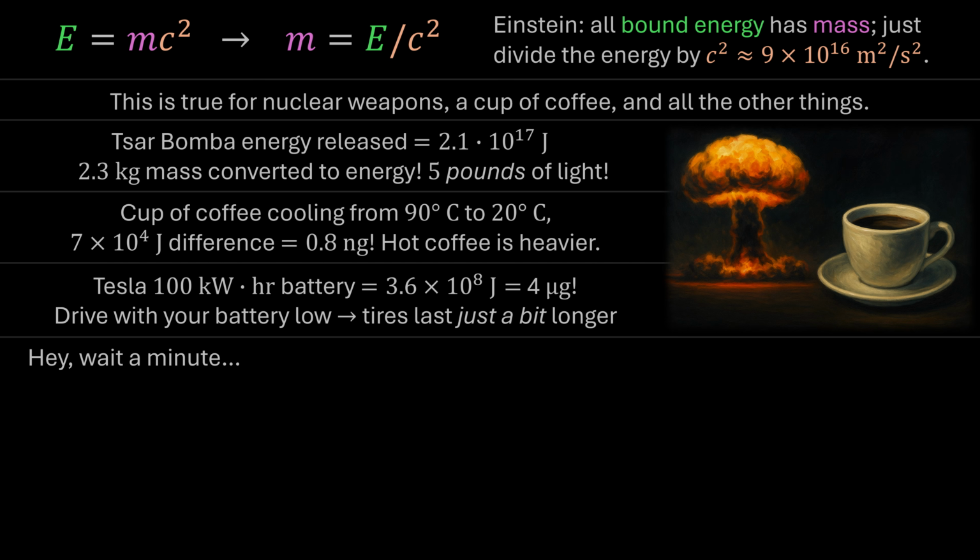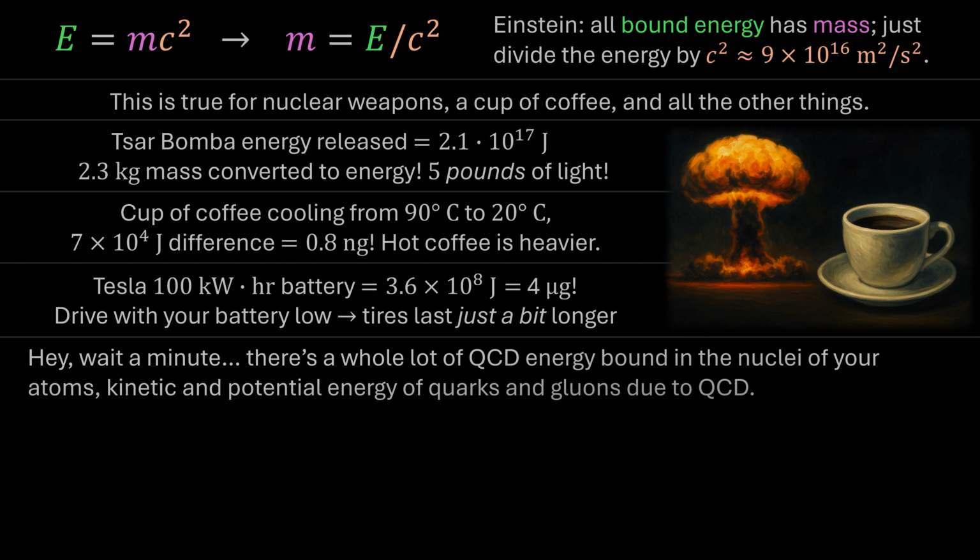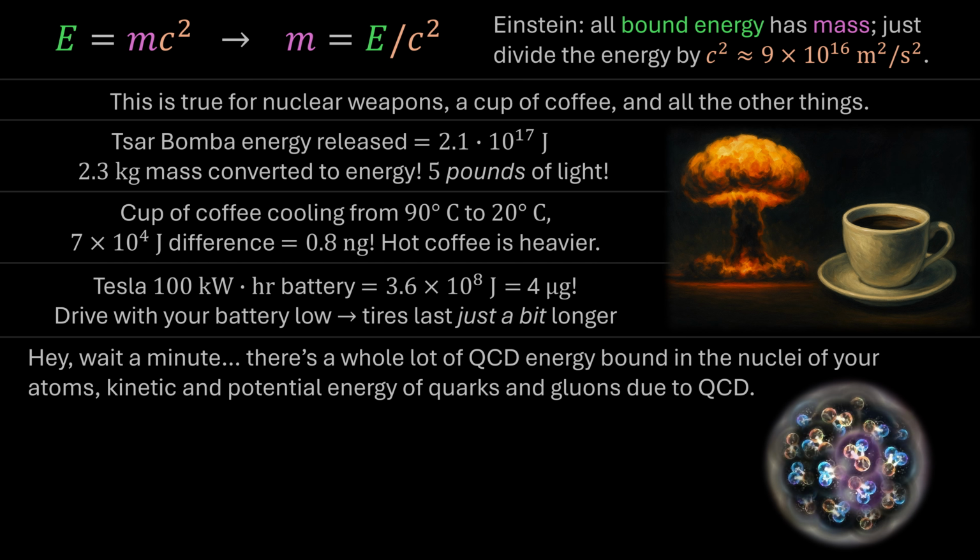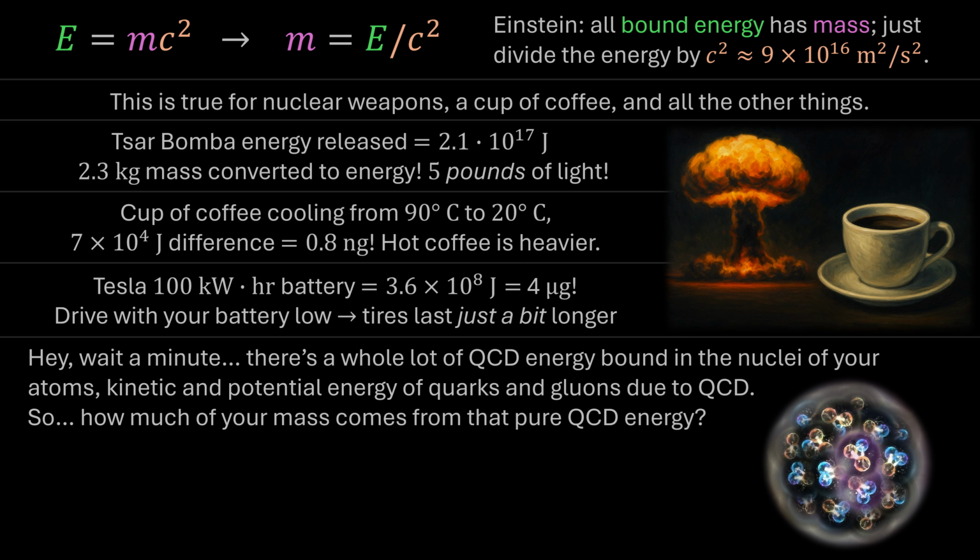As we've been talking about in this video series, there's a whole lot of energy bound in the nuclei of your atoms. Remember how dense they are, remember how intense everything is in there with your quarks bound by your gluons, and you've got this tremendous amount of potential energy and kinetic energy of the quarks all tightly bound together. And so then the question comes up, given that we know that the nuclei of our atoms contain a tremendous amount of this energy that we can attribute to QCD, right? The energy that blossoms from local SU(3) symmetry that's in the nuclei of every single one of our atoms. Well, we can ask what percentage of our mass can be attributed to that energy.